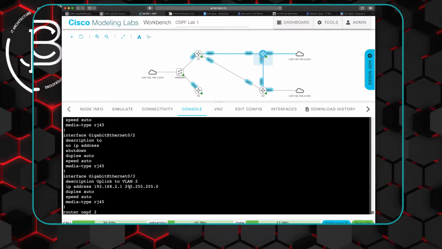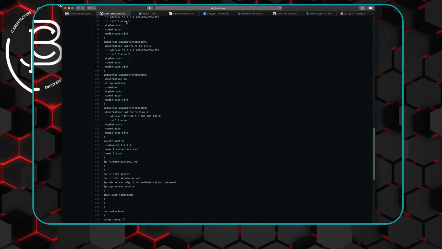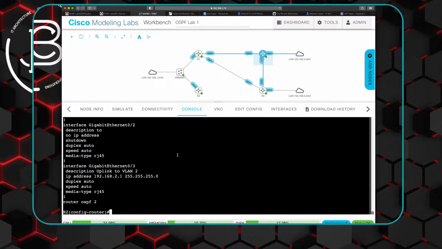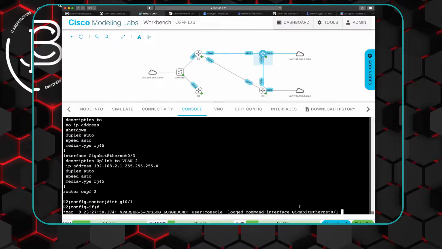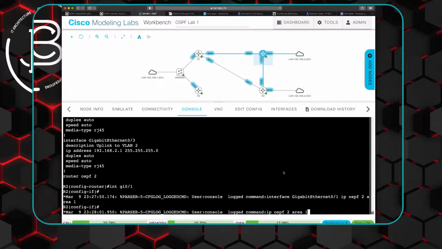I'm just making sure that we got it on the right interface. And I think I might have accidentally flipped those around. So let's do this. Interface Gi0/1, and we are going to go area 1. And then